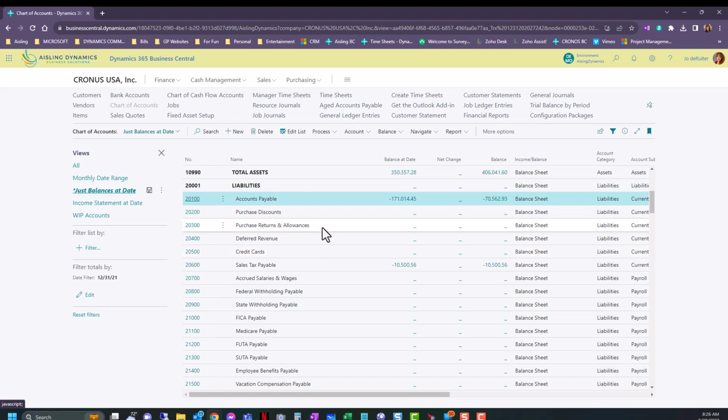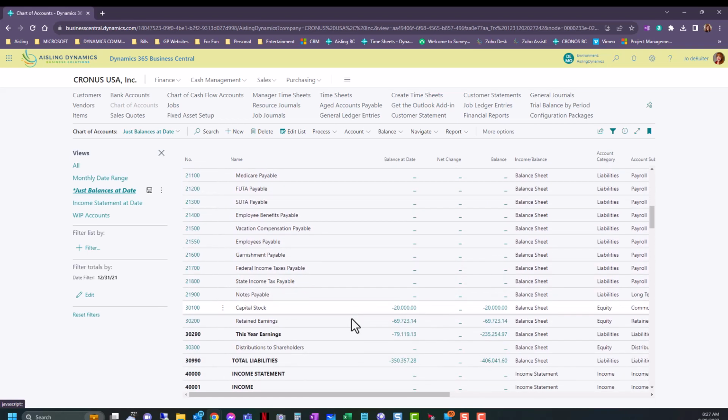Next series, we're going to dive into how to design the totals and the subtotals. And then we're going to get into how to use configuration packages to import the account subcategories and then import your chart of accounts correctly so that everything's totaled up and looking good so you can start bringing in your account